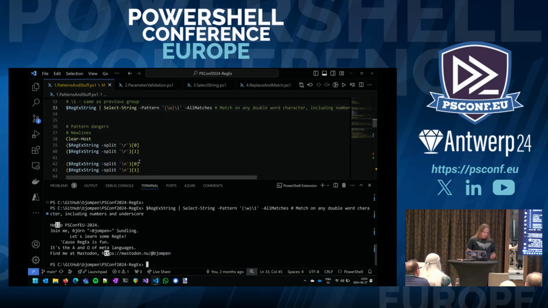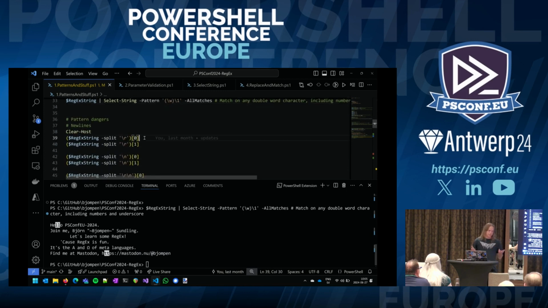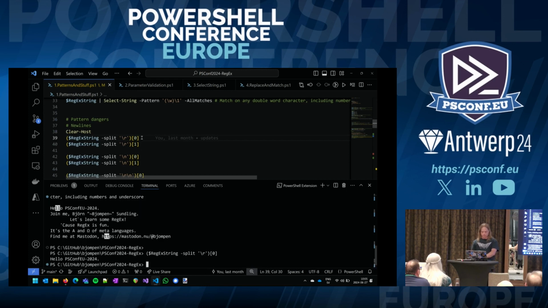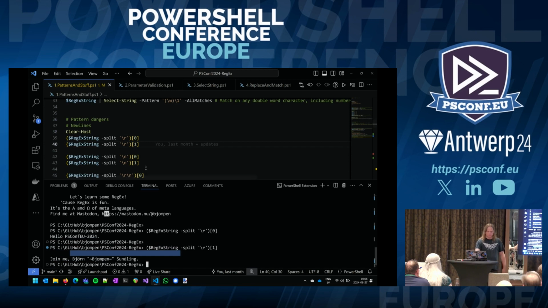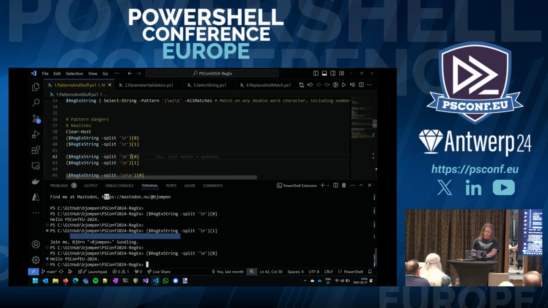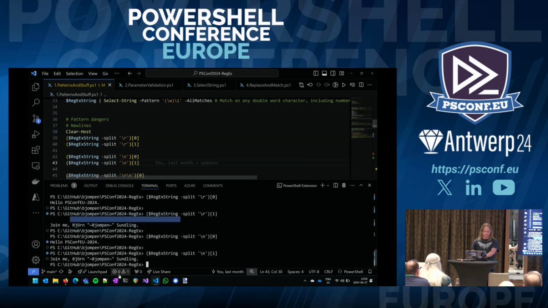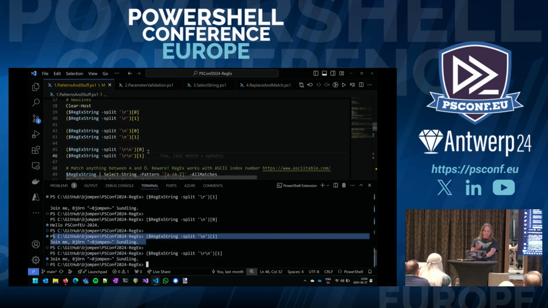There are a couple of quirks in PowerShell, in languages in general, actually. So if we do \r, which means carriage return, and we look at the result, well, the first line will be hello PSConfEU 2024. The second line will start with a new line. This is simply because PowerShell uses \r\n. So we can also do \n like this, and it will look the same in the first line and different in the second line. So we have only one line, and we can, of course, combine them and do stuff like this, and it will look kind of the same.